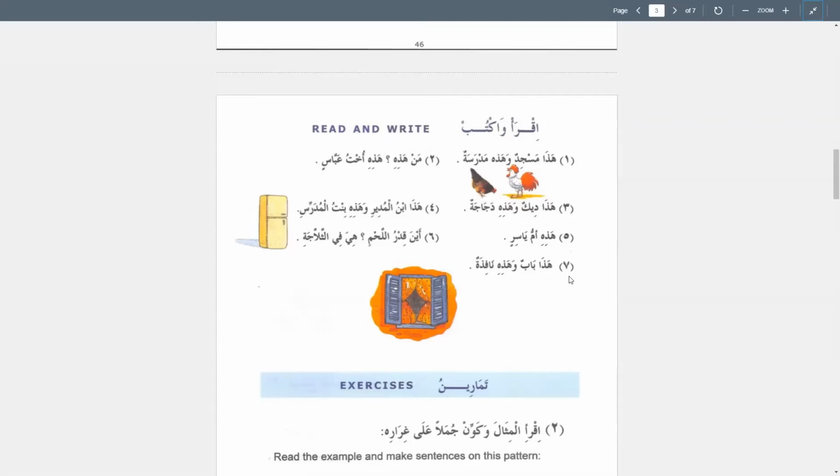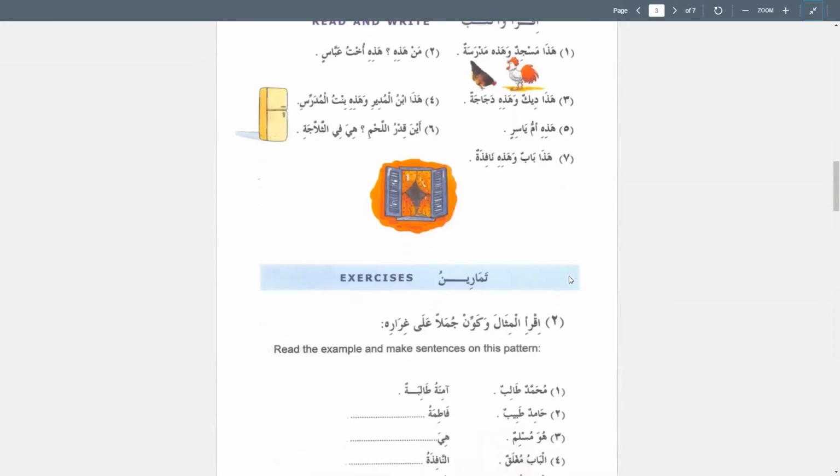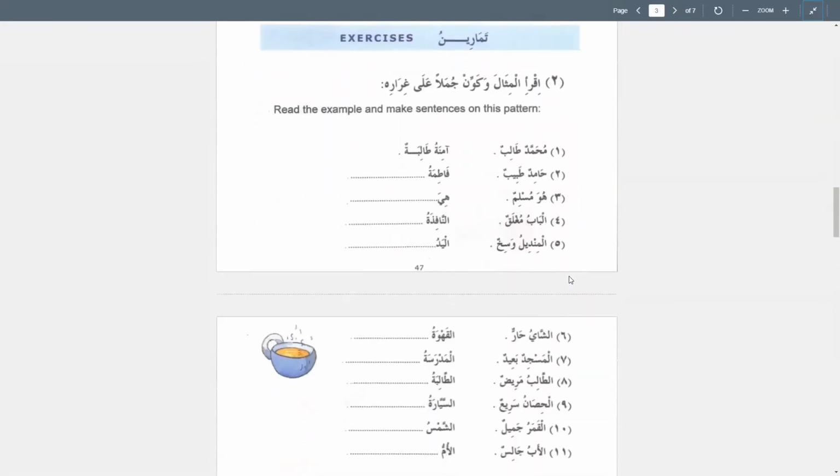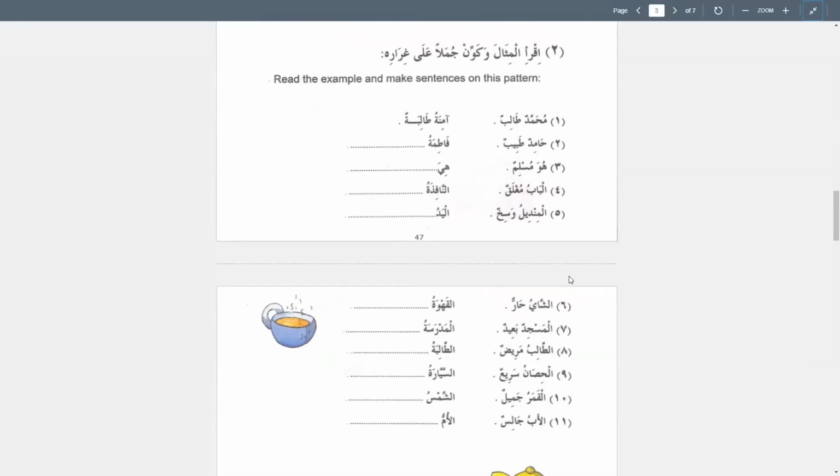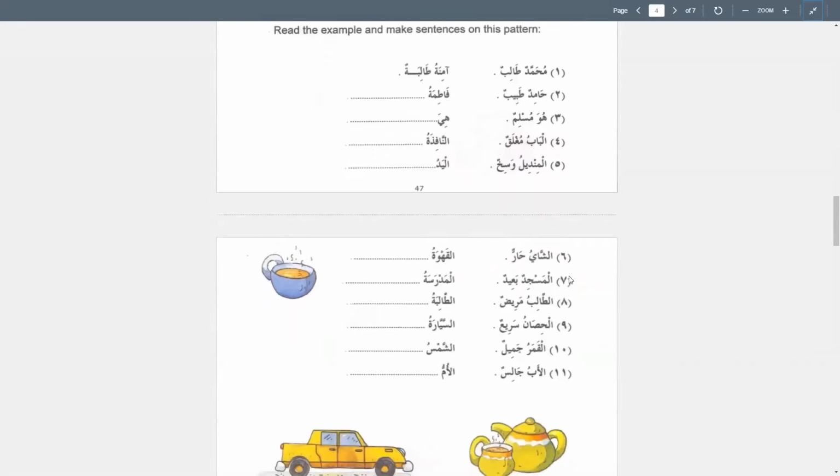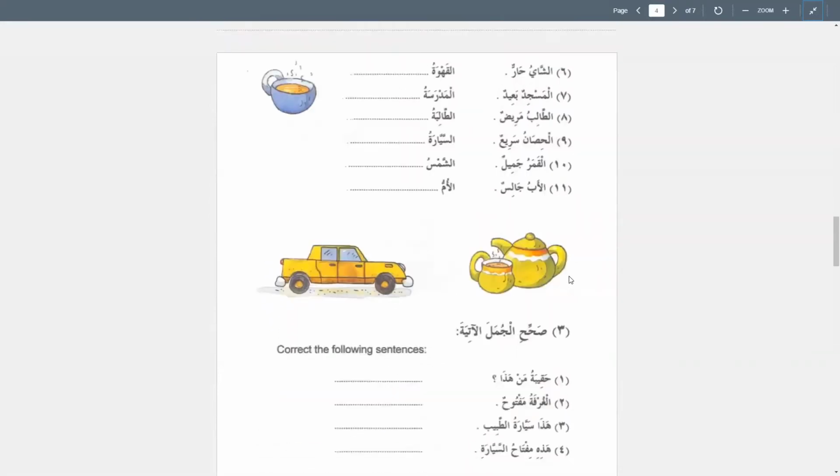Hada bab wa hadihi nafidha. This is a door, and this is a window. Very good. Okay. I'm going to let you do the rest on your own because we have another module to